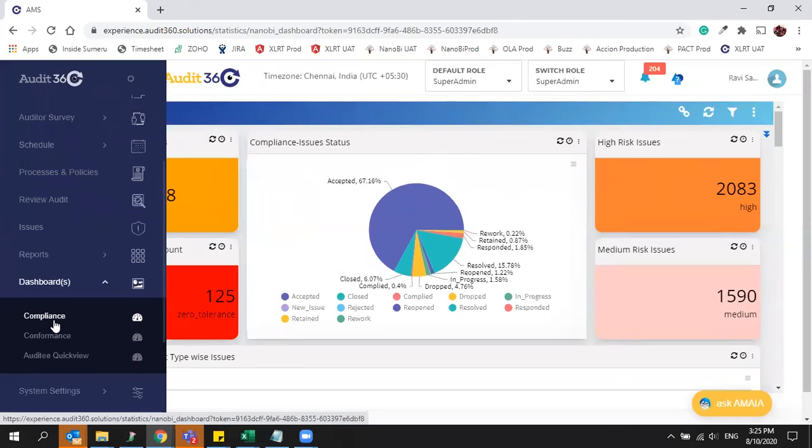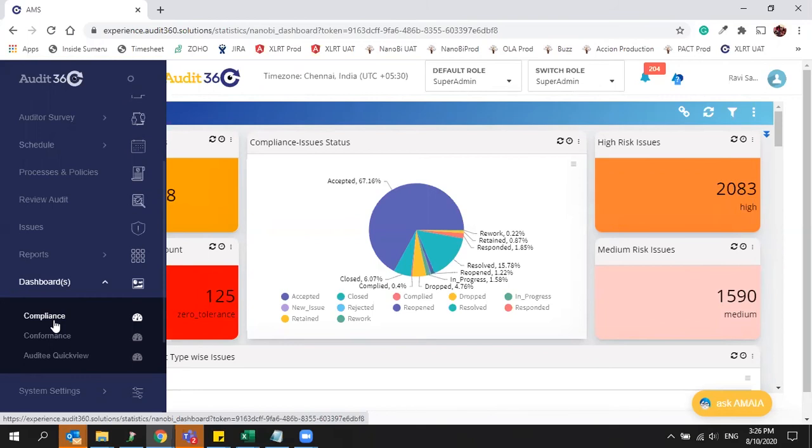Along with the default dashboards, we are going to add a couple of dashboards in the roadmap where you can subscribe to your own dashboard. Whatever dashboard we created, if it is relevant for you, then you can opt for that dashboard and start using it along with the compliance and conformance dashboard.